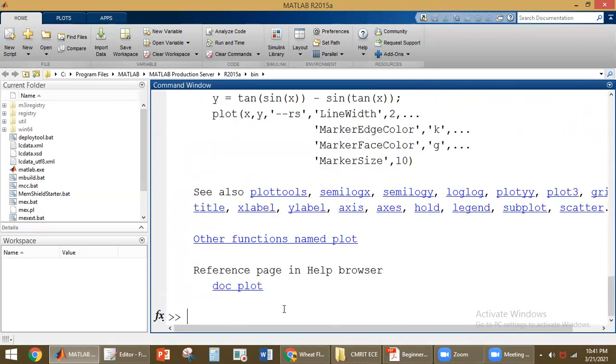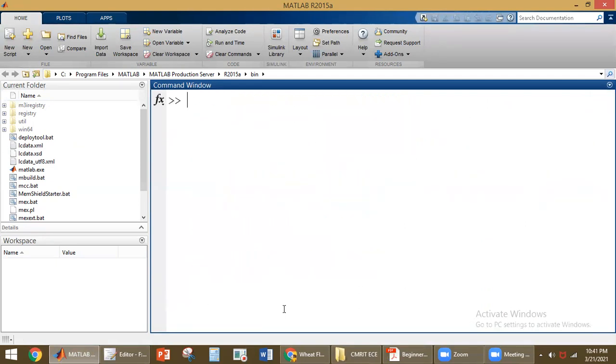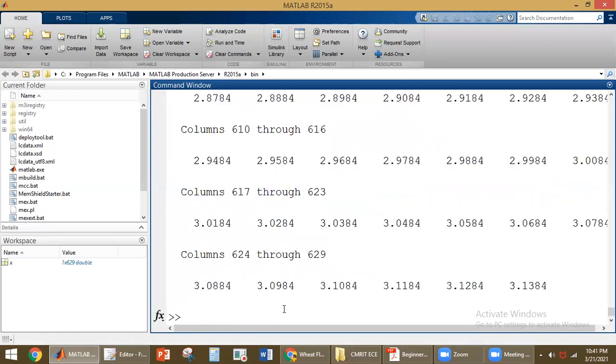Okay. Now to clear the command window, what is the keyword? CLC is the keyword to clear the command window. Just now we have discussed that x is a variable from minus pi to plus pi. What is the step size here? 0.01. Now, if you don't give a semicolon here, the values will be displayed here.